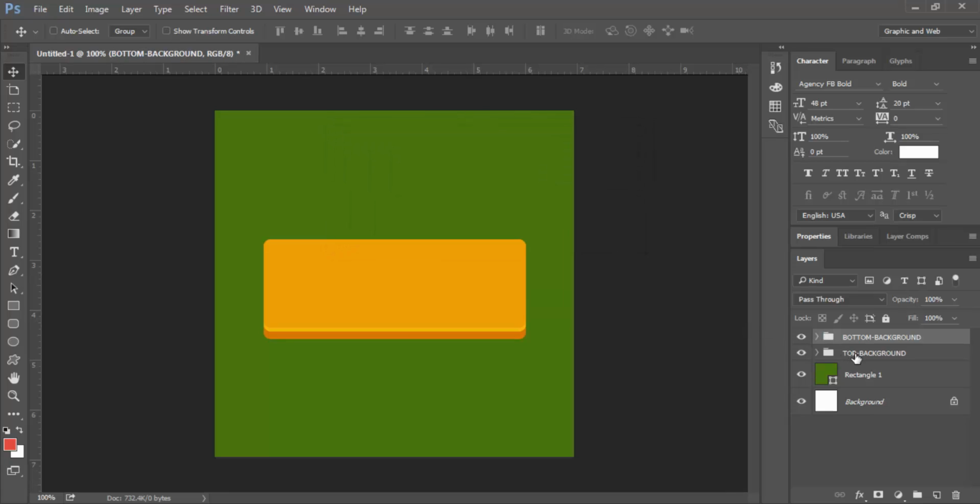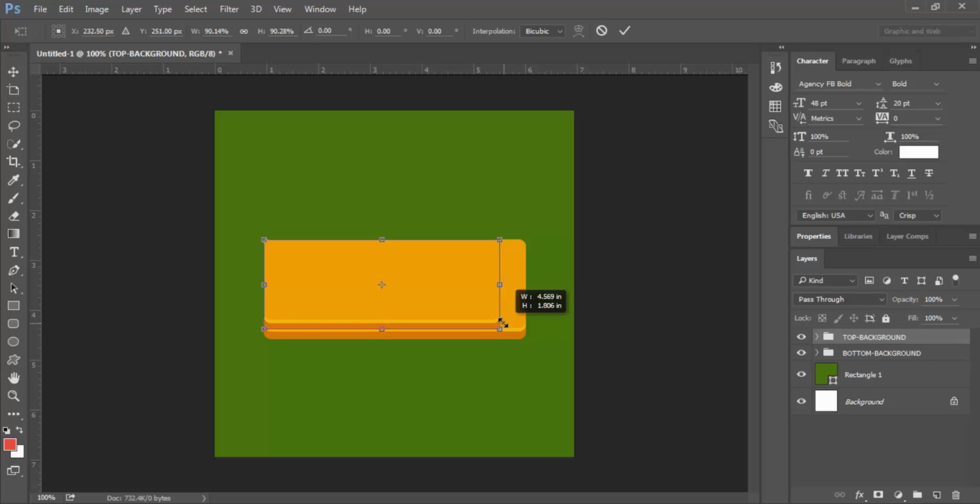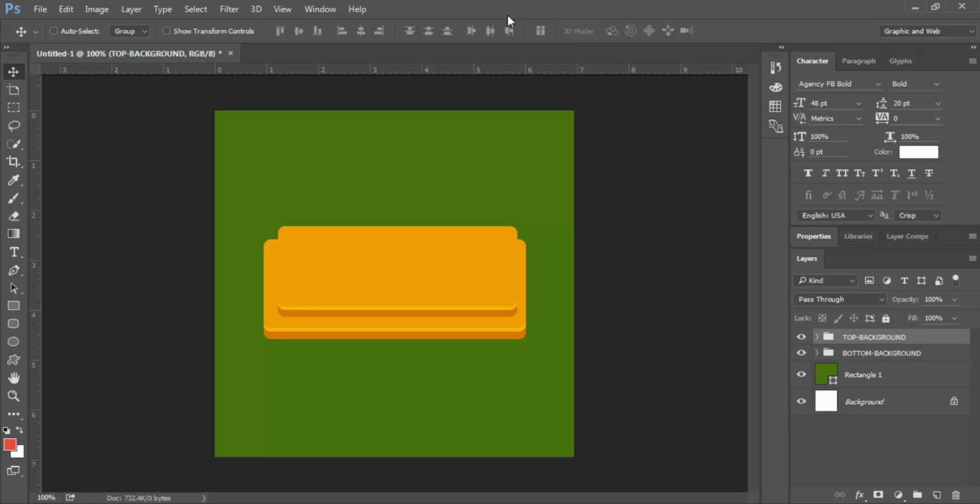The top background we move above the bottom background group, and we're going to resize it using the show transform controls. Okay, and move, select two layers and align to center.